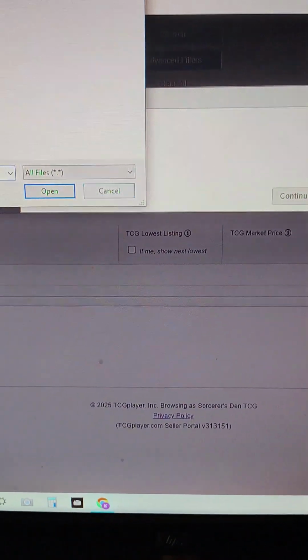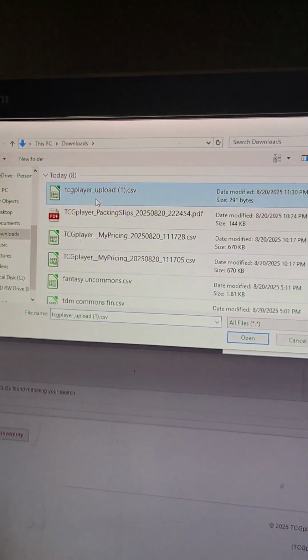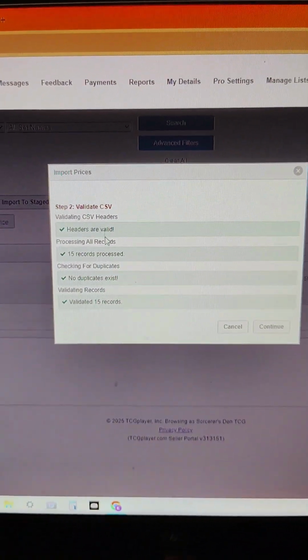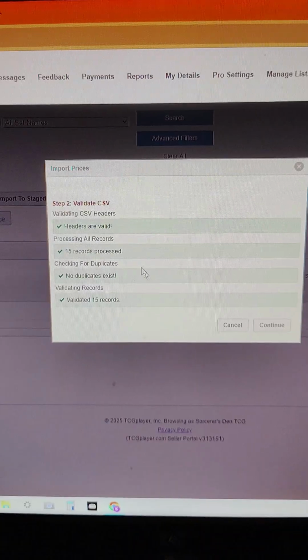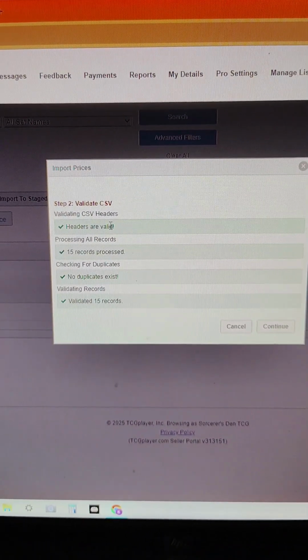We're gonna upgrade it or just get a new computer. But we're gonna grab our file here. Open this one up. Continue, and it's gonna say all headers are valid. All that stuff's good, whereas before, you just take the CSV that